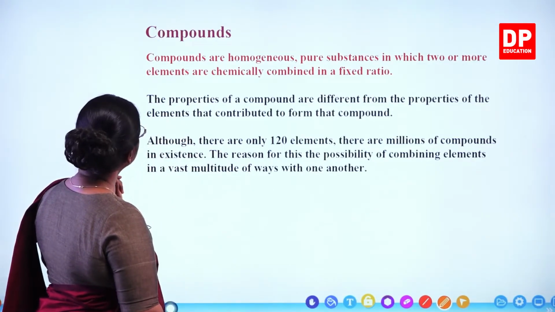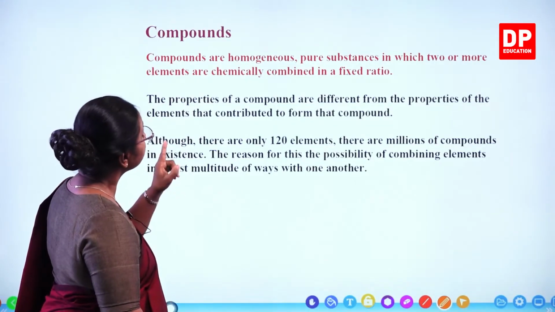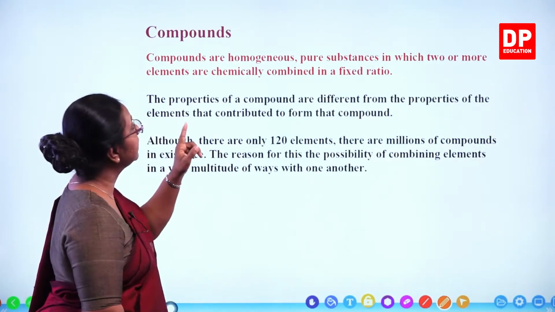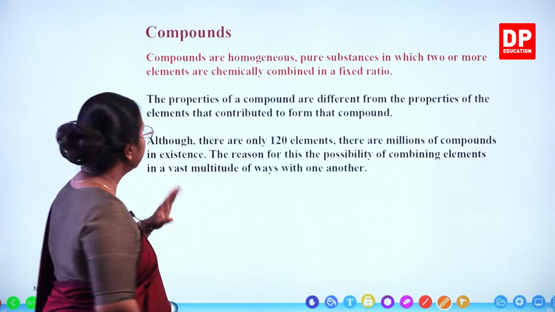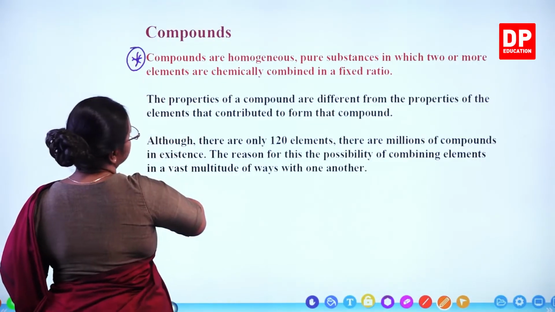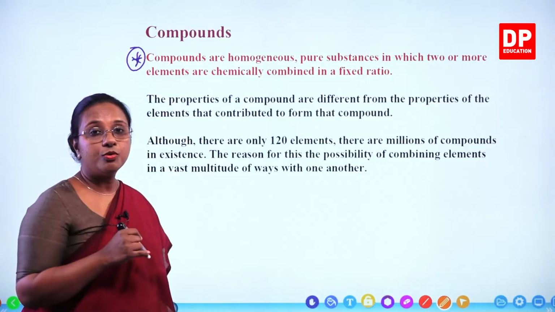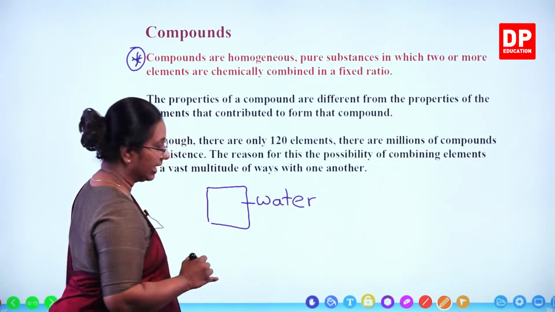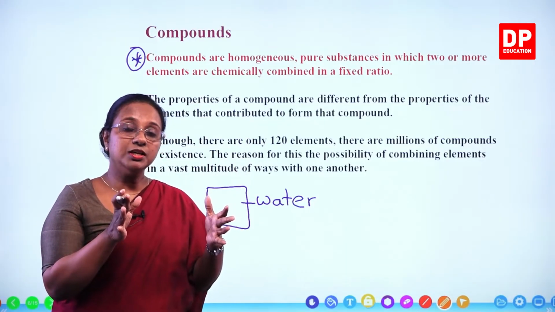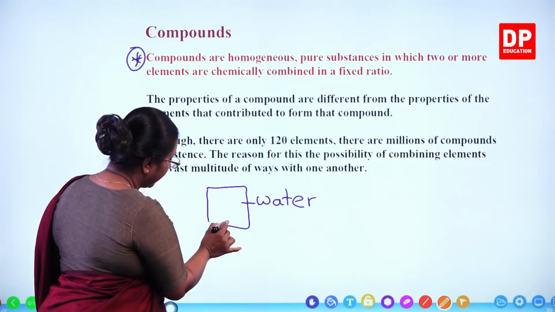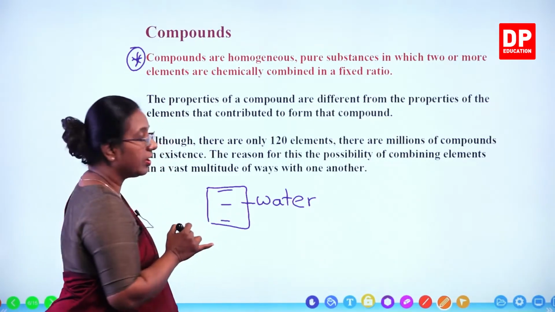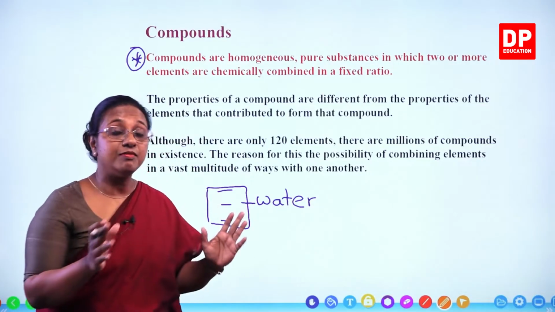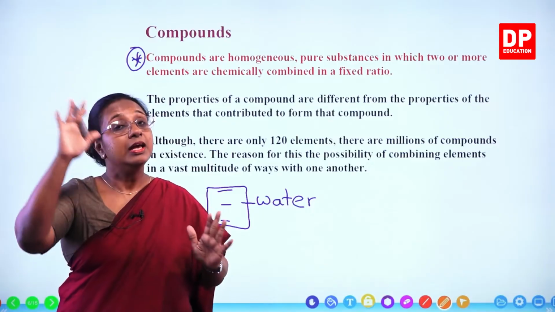So, if we look at compounds, compounds are homogeneous, pure substances in which two or more elements are chemically combined in a fixed ratio. Again, you will have to understand all the terms. Homogeneous. When we say homogeneous, if you take water, water is a compound. I told you all that. If you look at water, if you have a glass of water, water at the bottom of the glass, say at this point, water at this point, water at this point, all are the same. There is no difference. Water on this side, everywhere. Even if you have a very large tank full of water, at every point,